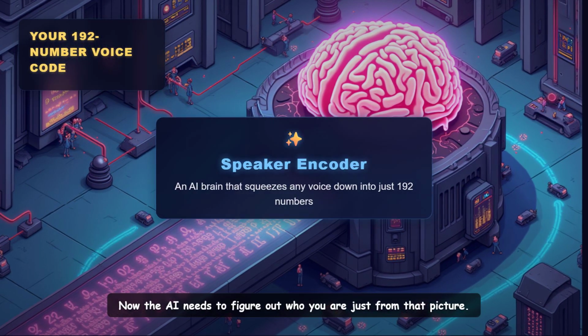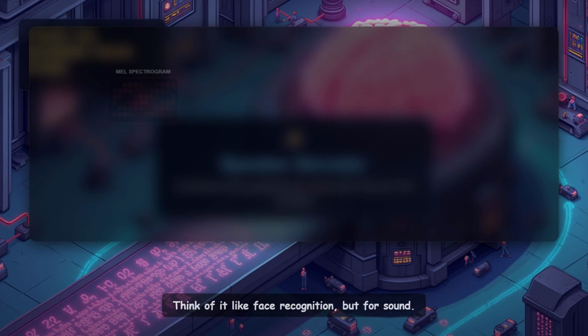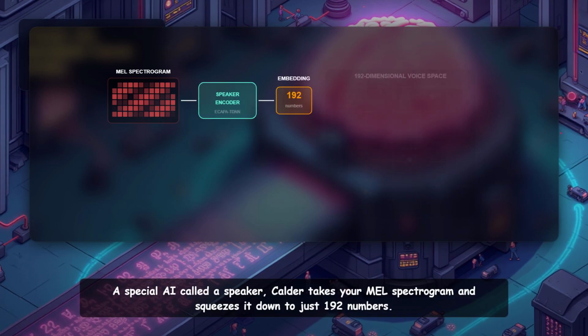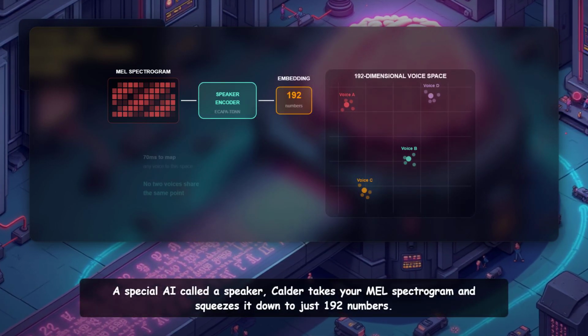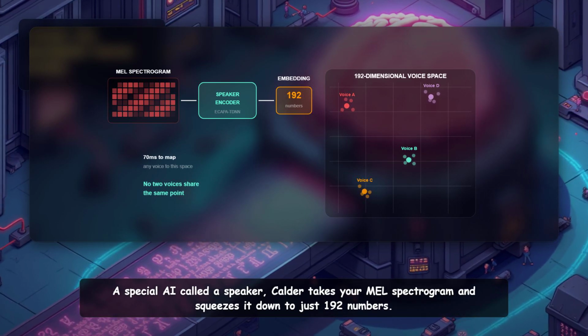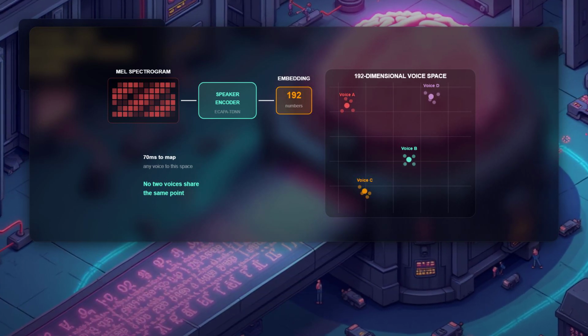Now the AI needs to figure out who you are just from that picture. Think of it like face recognition, but for sound. A special AI called a speaker encoder takes your Mel spectrogram and squeezes it down to just 192 numbers. That is your voice code.